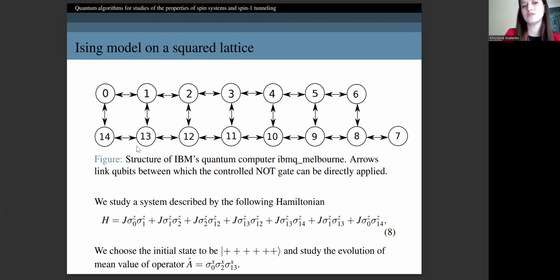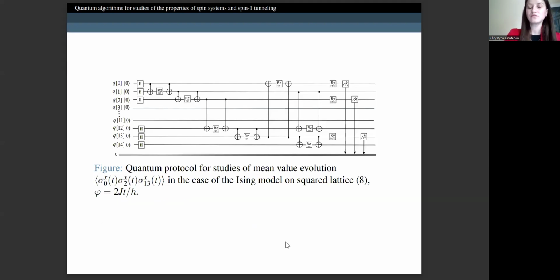This is because of the structure of IBM's quantum computer. So we considered this part of this device. And in this case, the operator which anti-commutes with the Hamiltonian is this product of the sigma x operators. And then on the basis of studies of the mean value of this operator, we obtained the